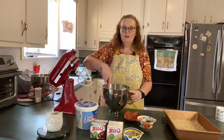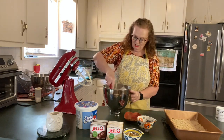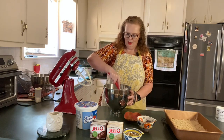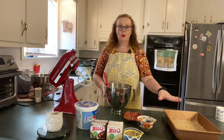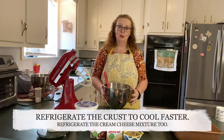I'm just going to keep folding it in. Now I'm just going to stir it to help the cream cheese really mix in with it well. Once it's all mixed together, it looks something like this. Crust is still pretty warm. I think I'm going to put it and this into the refrigerator. So while the crust and the first layer are in the refrigerator chilling, I'm going to go ahead and start